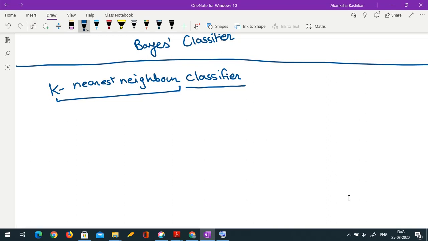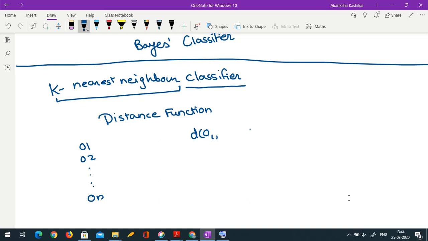What do I mean by neighbors? We have learnt distance functions in multivariate analysis as well as in real analysis. We have learned the concept of distance function, so we would be using that concept here. Suppose I have observation 1, observation 2 up to observation n. These observations can either be univariate or multivariate. We don't have to bother about that. Using these observations, I can compute distance of each observation from its neighbor.